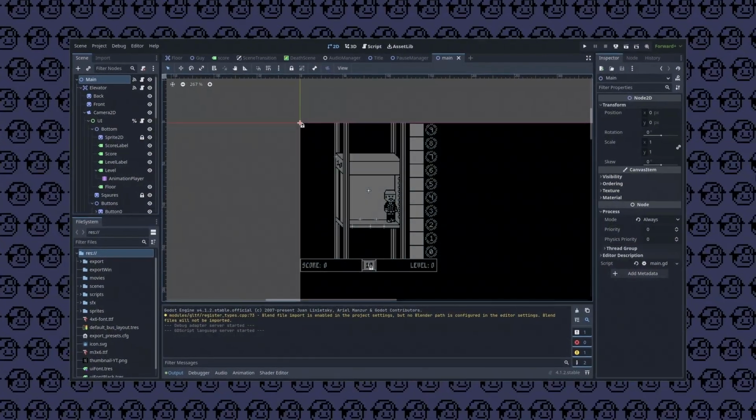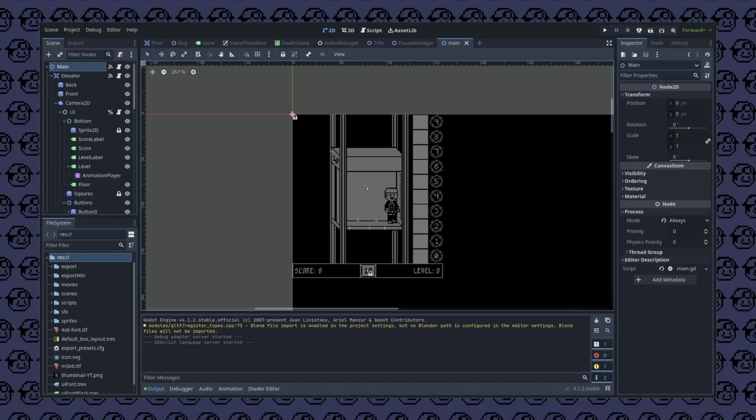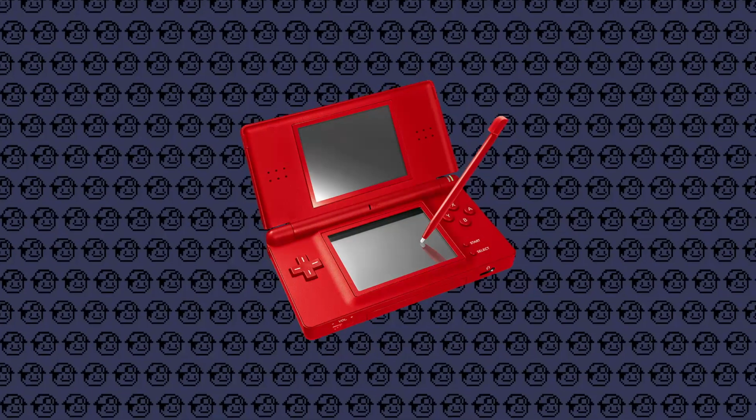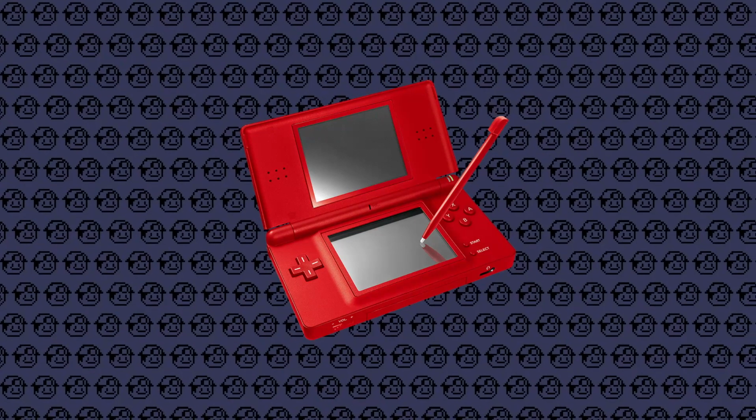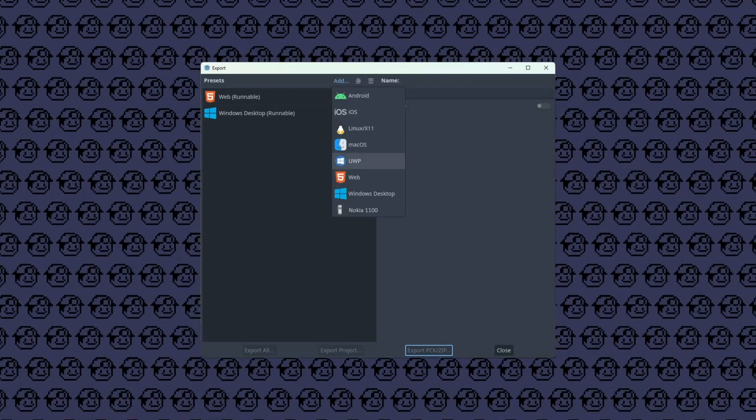Anyway, to get to the topic in this video, Elevator was built with Godot and uploaded as a web game. I wanted to challenge myself and see what it will take to port a game of this scope to the Nintendo DS. Now, of course, since the now almost 20-year-old DS isn't one of the available export targets in Godot,